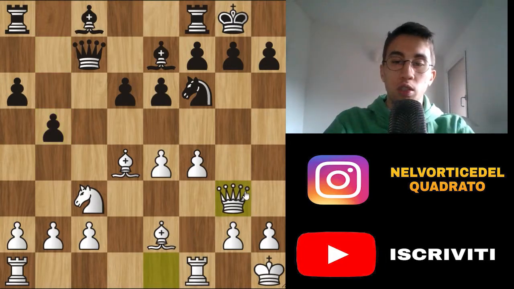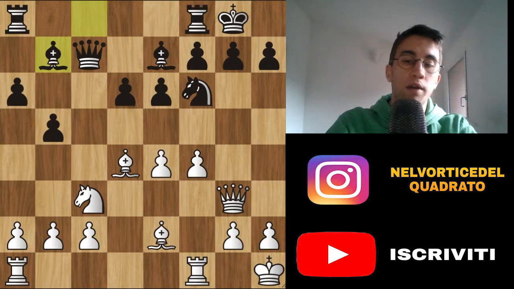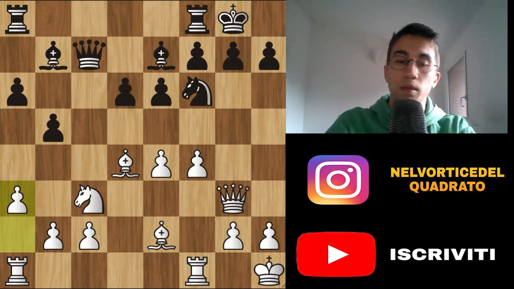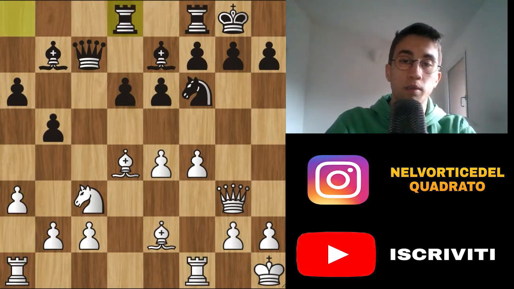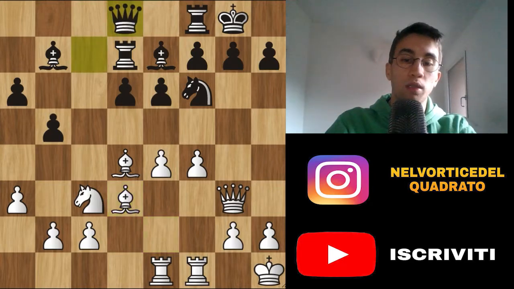Queen g3, putting pressure on g7, and bishop b7. The two players are finishing their development. a3, cutting off b4 and preventing the b4 push, and rook d8, rook e1 and rook d7, bishop d3 and queen d8, queen h3,